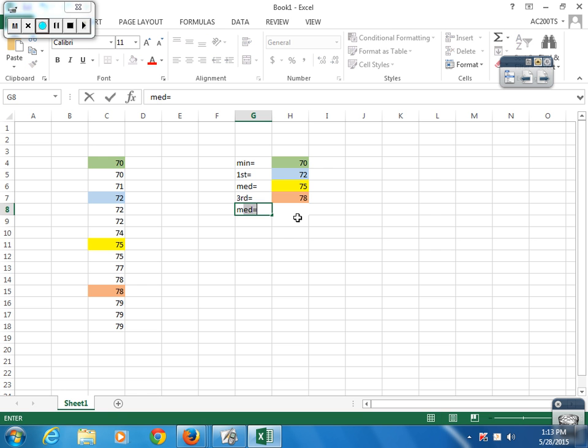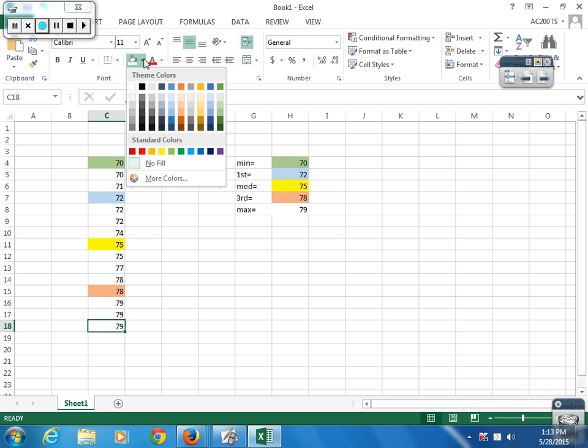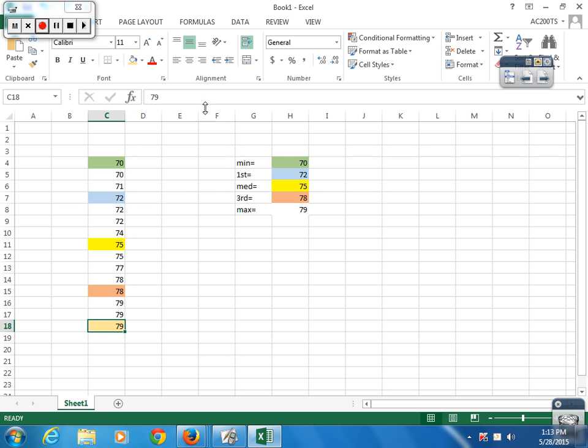And then the max, I'll calculate that one for you. 79. So there's your 5-number summary. Now all you've got to do is draw a number line. So the number line